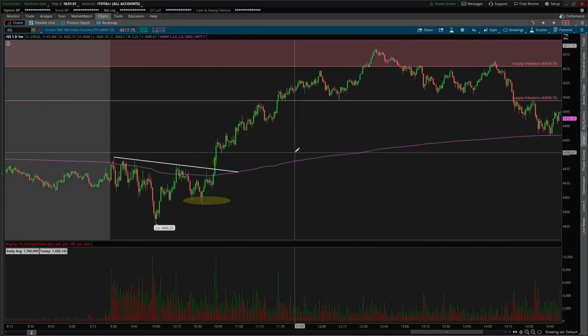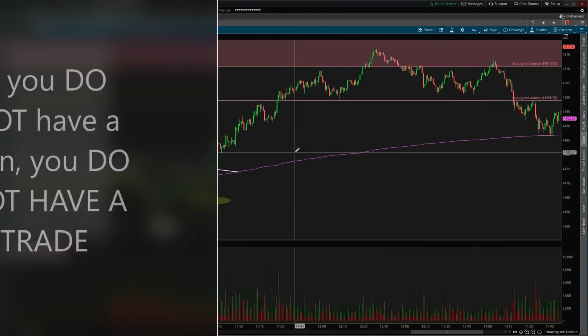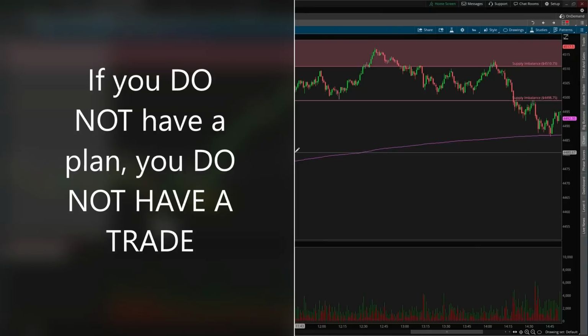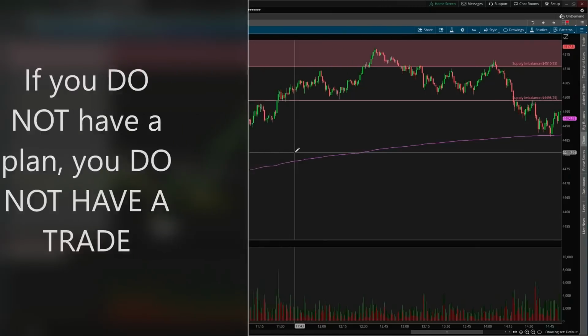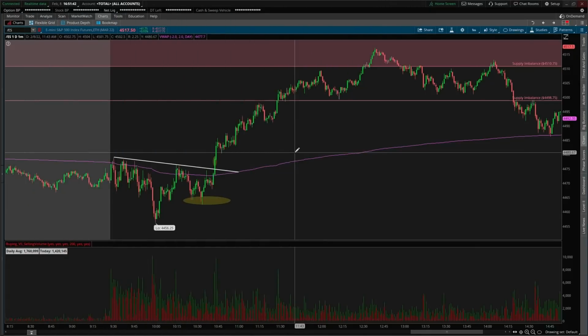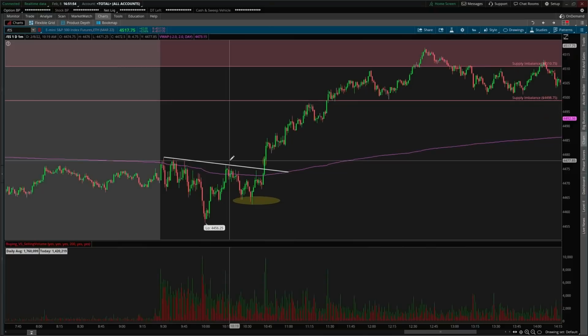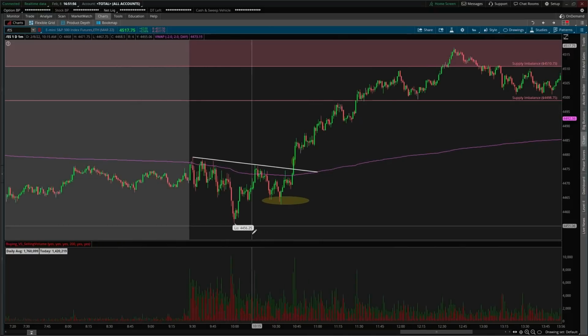This last trade, a key point I want to make, I said it earlier, follow your plan. Have a predetermined plan. If you do not have a plan, you do not have a trade. Stick to it. Do not let any other noise distract you. Follow it. If it works out, it works out perfectly. If it doesn't work out, you have to exit for a loss before it becomes a bigger loss and focus on another best opportunity. Execution was good, but trade management was not very good on this setup,